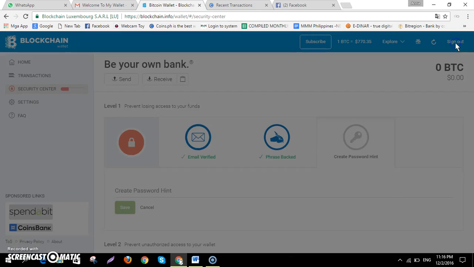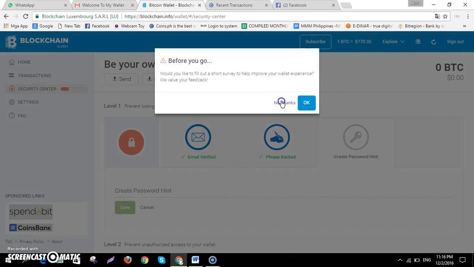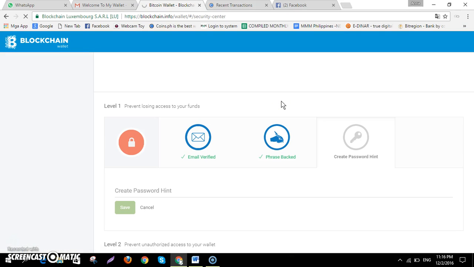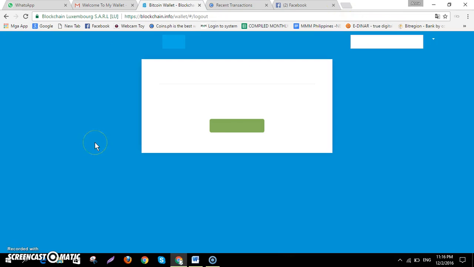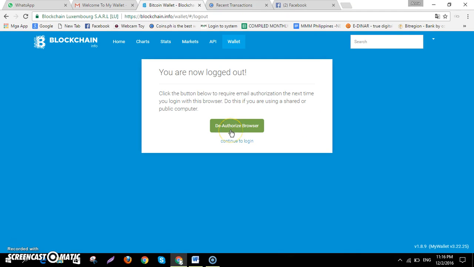So let's try again. We are going to sign out here, and then no thanks, and then save your blockchain identifier. So we are going to open another tab again, and then try to log in to our new blockchain wallet.